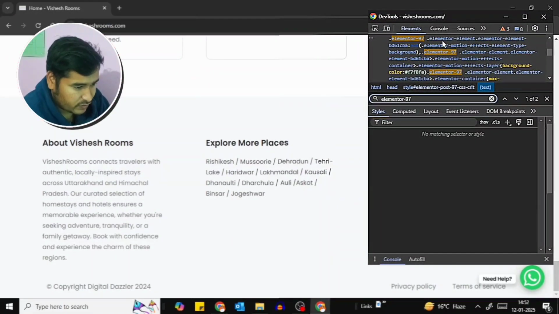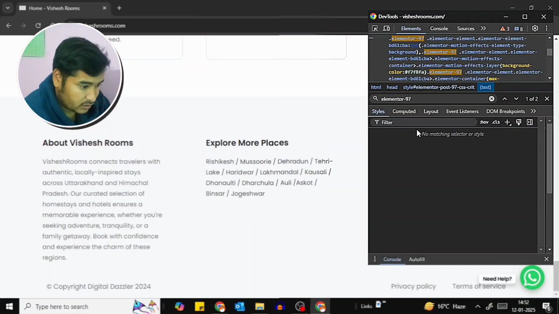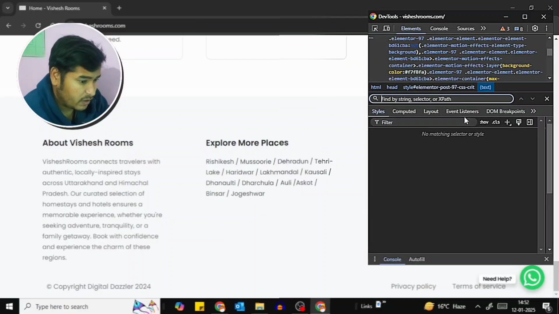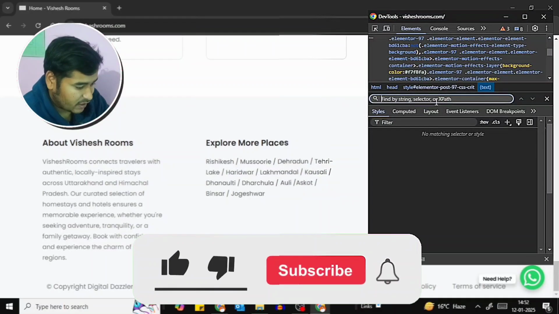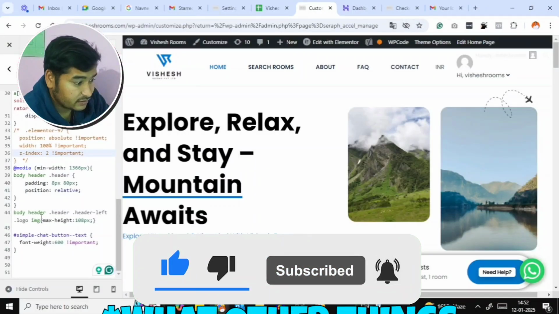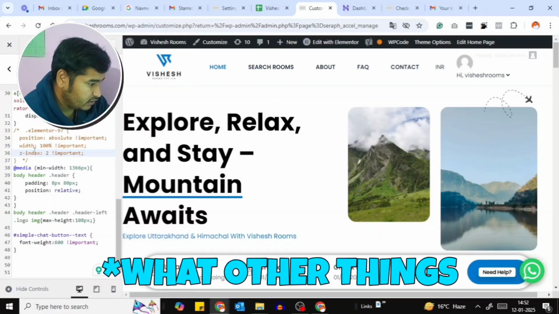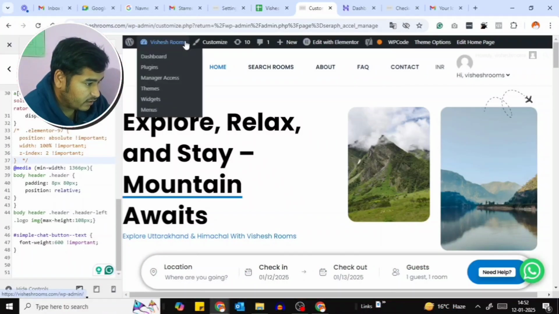One is which we have already implemented right now in front of you, which was the original one. Another one was also the original one. So we are satisfied that there are only two places where we have implemented it. Now we just remember this class, Elementor 97, and also the other things we have implemented. So you can see here, I am in the customization tab.